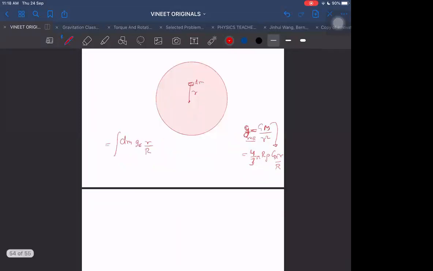Now we want to integrate it to get the net force. So how to get the net force? Now net force will be the integration of this. That will be 4 taken common, 3 taken common, pi, rho, g taken common. We are left with the integral of r into dm. And this r, I can take as minus r vector because it is towards the origin. So minus r I can take, but it makes the things very simple now. You can observe it.